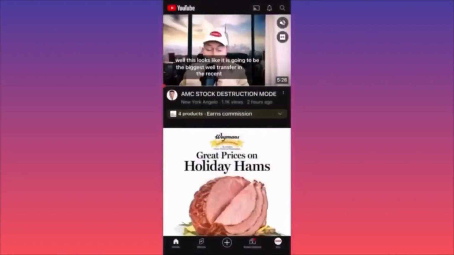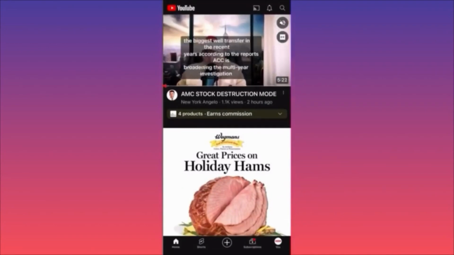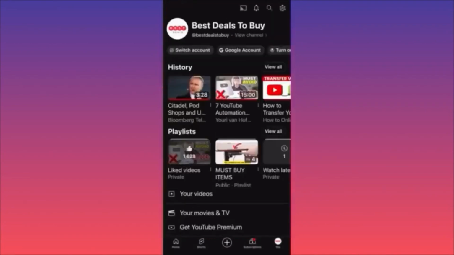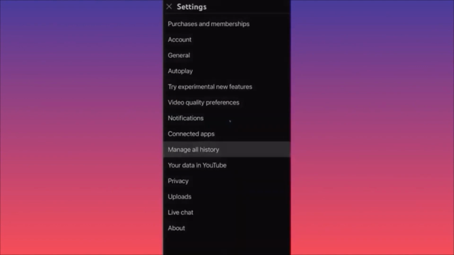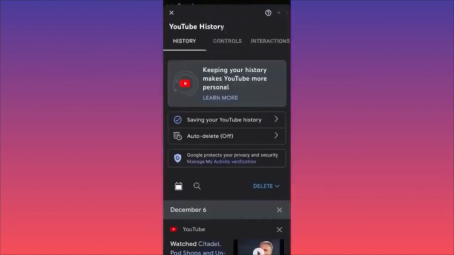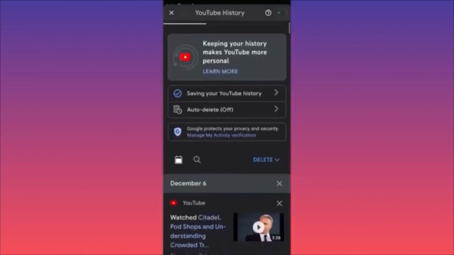When you actually launch the YouTube app, you will be thrown into the feed of YouTube. You want to go on your own profile, so you're going to click on the lower right corner where you see the icon that says You. When you're on your own profile, you want to click on the top right corner where the gear icon is. And then when you're at the settings, you want to click on Manage All History. You click on Manage All History, and here you will have the options essentially to look up and to see